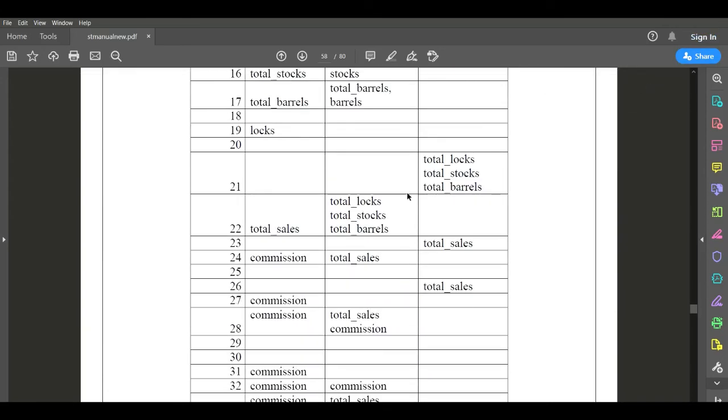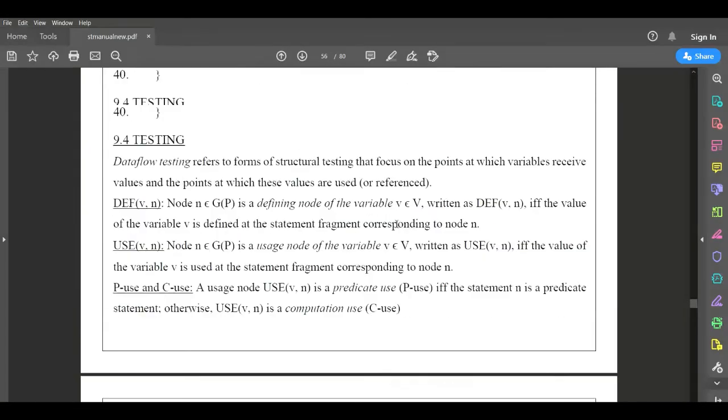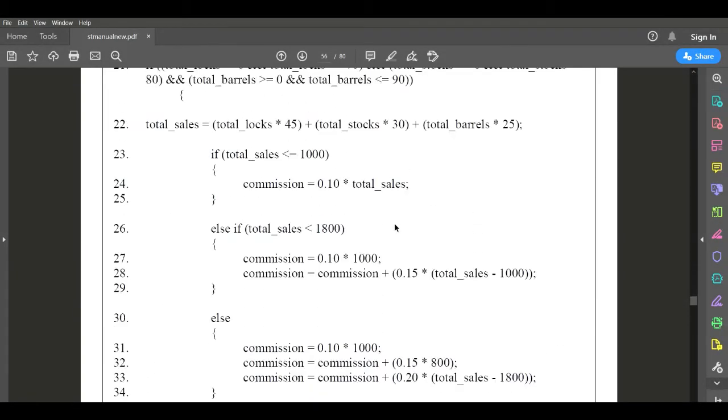Then we'll move to the commission. Sorry, total sales, which is defined in line number 22. Now total sale is defined in 22 and initialized with some value. Where are we using it? You can see here, line number 23, I am using it as a predicate usage, correct?